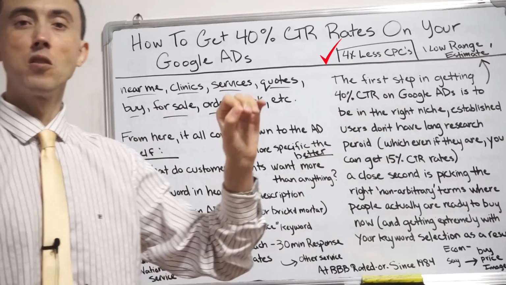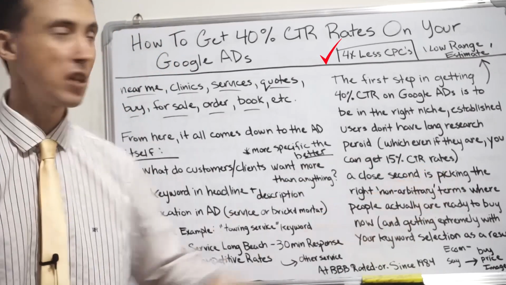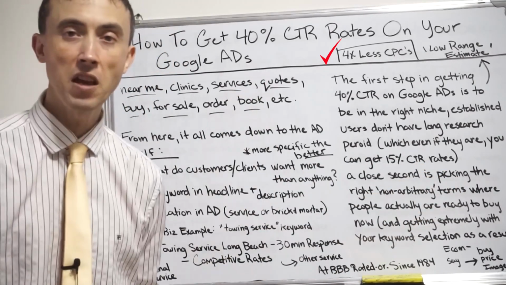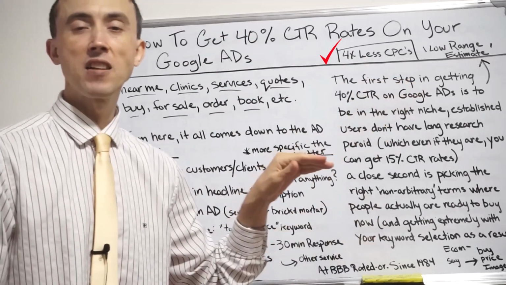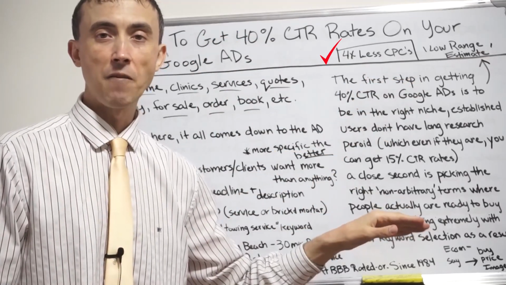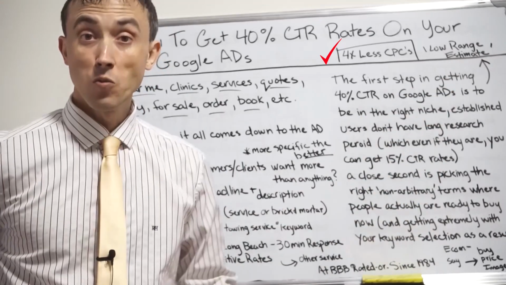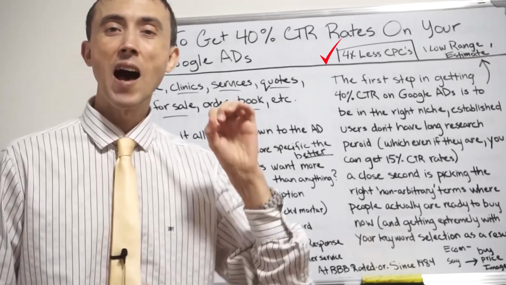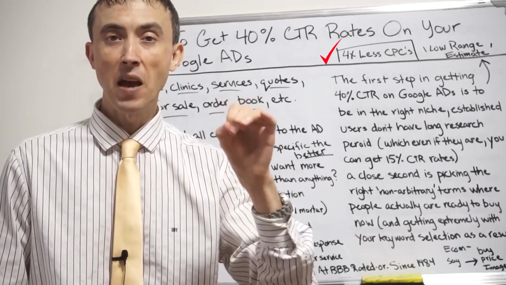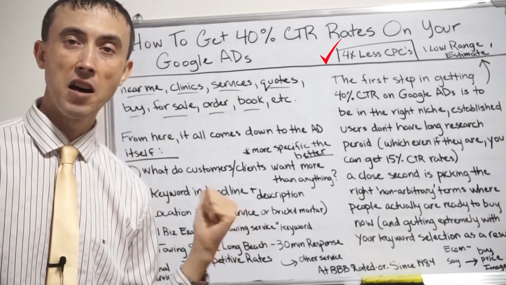So if you have a 1.5% click-through rate, and you use my strategies here to get you to a 40% click-through rate, if you were paying $5 a click before, you're going to be paying $1.25 per click after. And to know ahead of time what this is going to do for your numbers, if you want to know how little you're going to be paying for the same clicks after these methods are applied to your account,